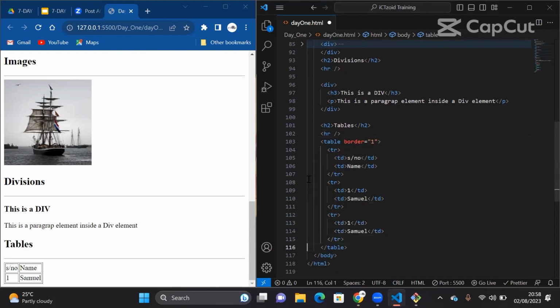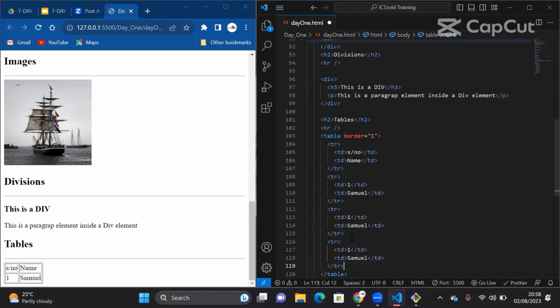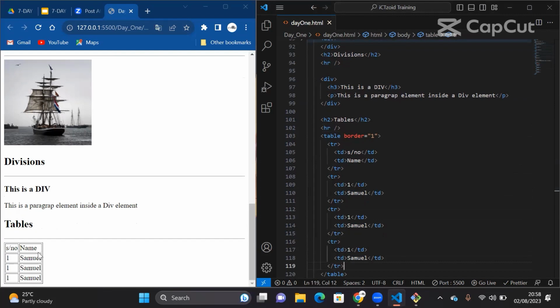Paste this guy, and then let me paste it again, save this guy. You can see many rows, and you can have as many columns as you want in a particular row. So that's just how tables work, right? The table is just to present your data in rows and columns, and you can actually style this thing